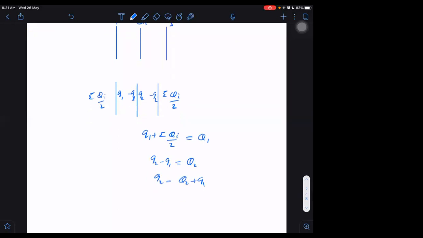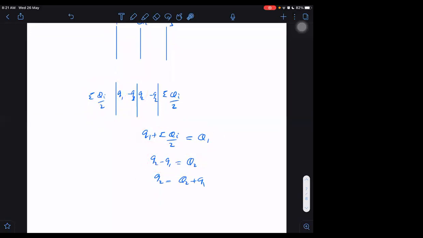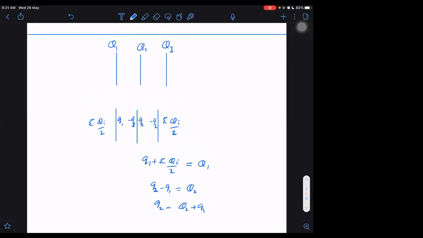This we can write by conservation of charge. This I have written by conservation of charge applied to the first plate, and this I have written by conservation of charge applied to the second plate. Okay. And why are these equal and opposite? Why do these facing plates always have equal and opposite charges? We know this very well, right? These will have equal and opposite charges only. So this is how our charge distribution will be obtained.